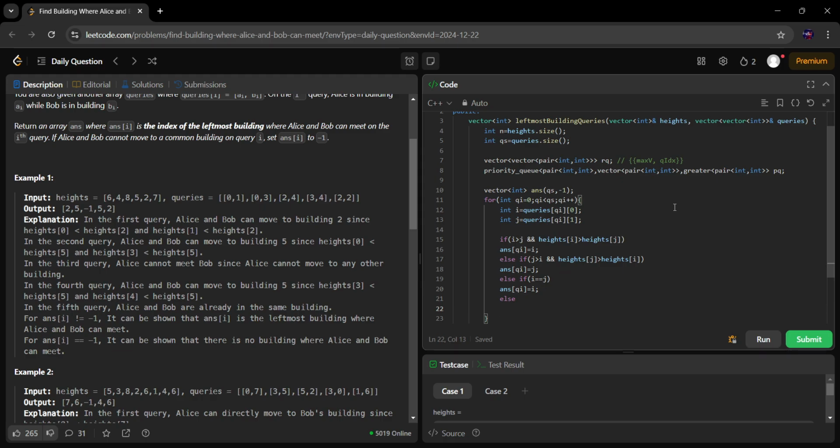So for the given index J, whichever is the greater between the two indexes, at that index we will be pushing this pair. We will be pushing the maximum value between the two index heights, and we will be pushing the query index. So if you understand that clearly, we will be pushing